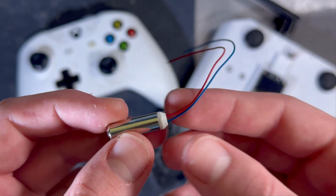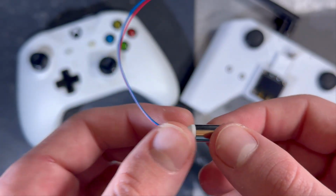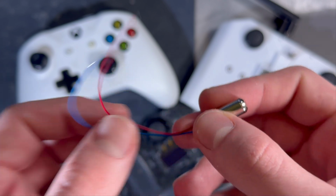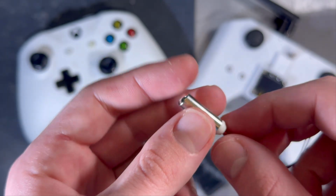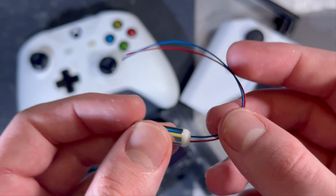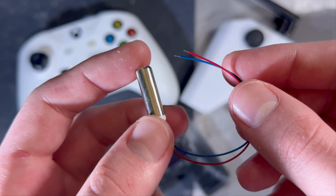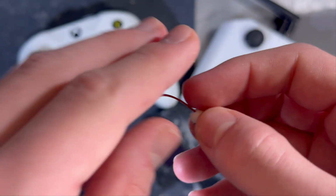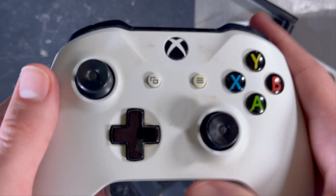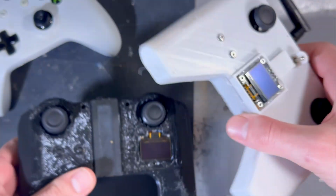This little thing may seem to look like some kind of a sensor, like a temperature measuring sensor or electromagnet, but in fact it's something quite different, something more interesting, something more physical. It's a vibration motor, the same kind you can find, for example, in Xbox controllers, PS controllers, or